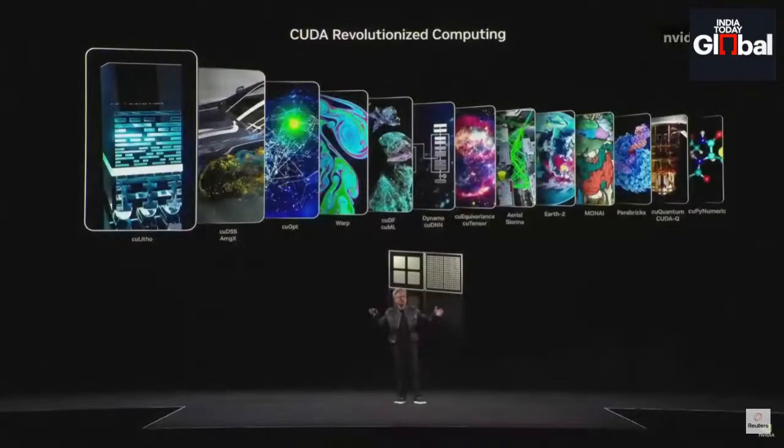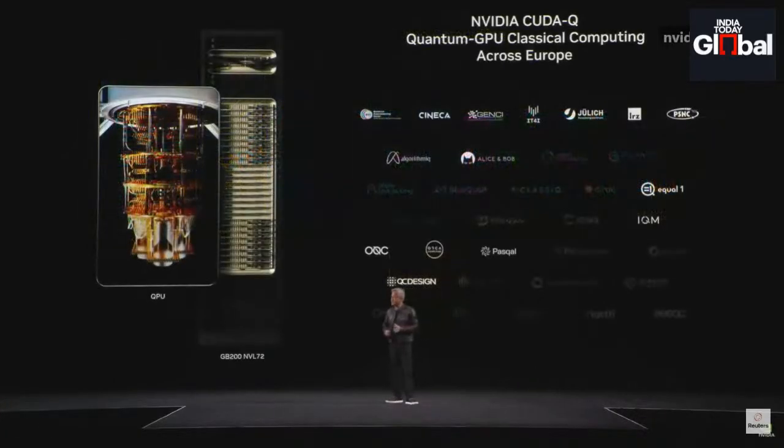Well, one of the most exciting is CUDA-Q. CUDA-X is this suite of libraries, a library suite for accelerating applications and algorithms on top of CUDA. We now have CUDA-Q. CUDA-Q is for quantum computing, for classical-quantum-classical computing based on GPUs. We've been working on CUDA-Q now for several years, and today I can tell you there's an inflection point happening